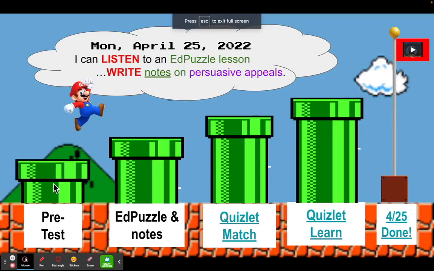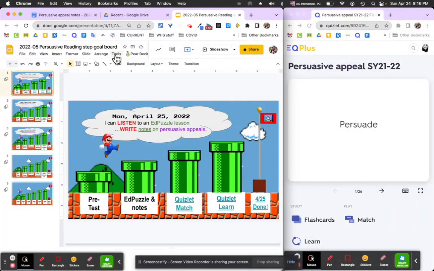You should have finished the pretest last Tuesday. And then we're going on to this Edpuzzle that will be clickable, and you already know that because you clicked on it, and here you are. Then you finish Quizlet Match, and then Quizlet Learn, and then you're done for the day. So notes, match, learn, and then done. If you don't finish Learn today, that's fine. Learn can be finished tomorrow, and there'll be another lesson. All right, so